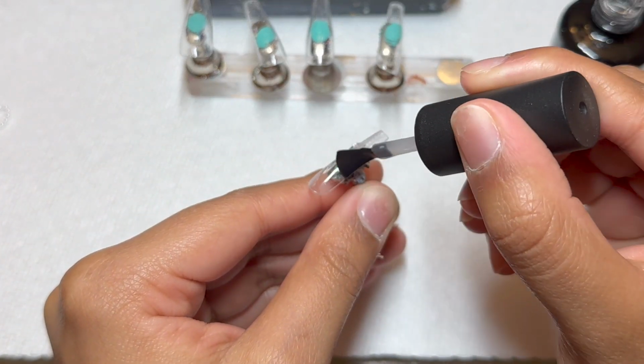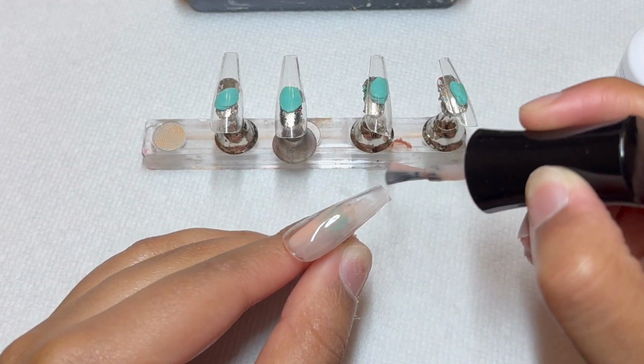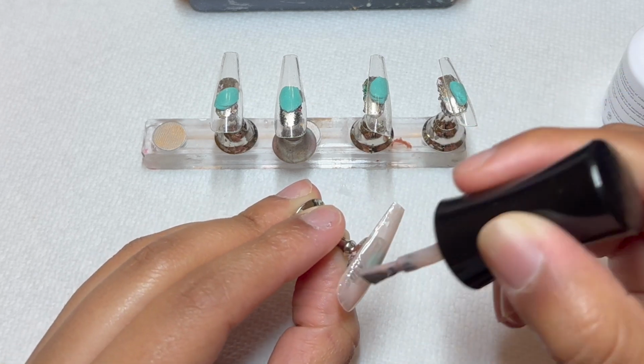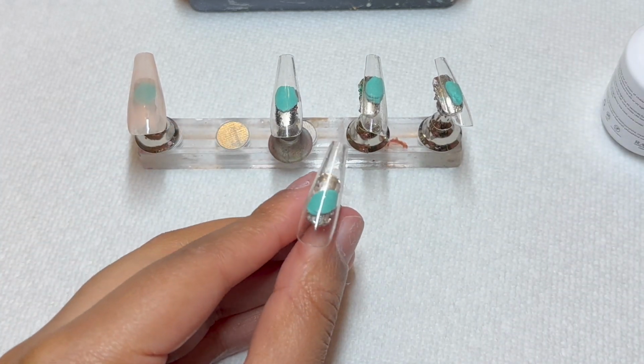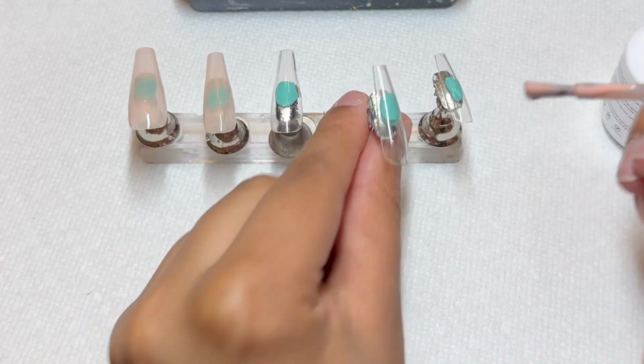I'm going to go in with a nude color on the majority of the nails. I'm going to leave this middle one white, and this is going to be my sweater nail. I feel like it's a really unique design. It's a little bit tough to do, but I do show a bit of a tutorial in my very first